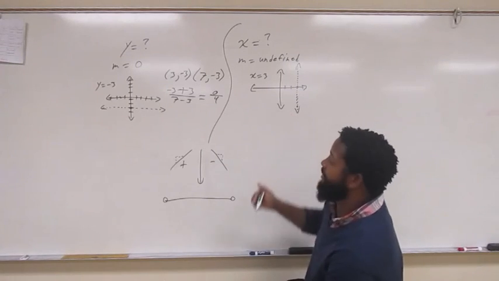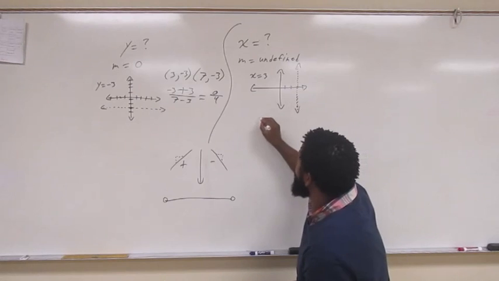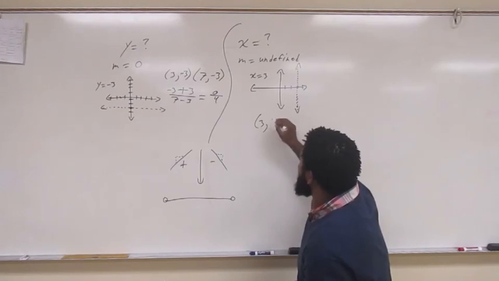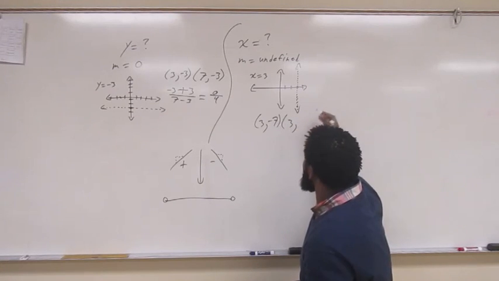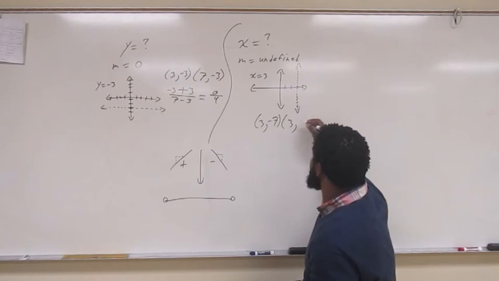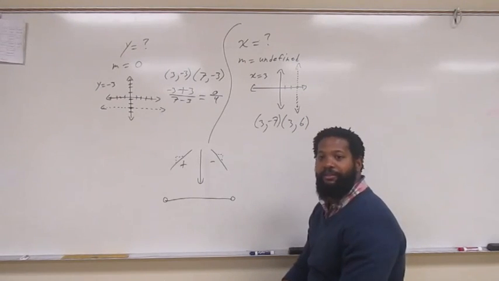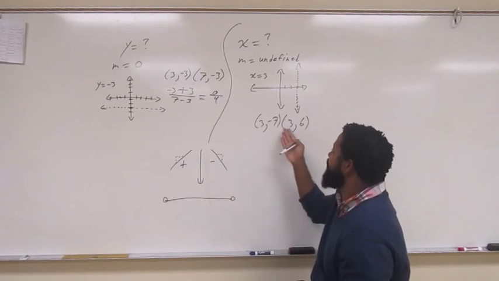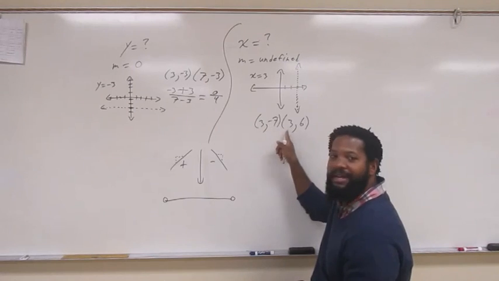Because the formula for this will probably be something like, let me see, this is at 3, so it'll be 3, I don't know, -7 and 3, positive 6. Right? Whatever. I don't know. I don't care what these other numbers are stating, because what it's telling me is that both of my x's are